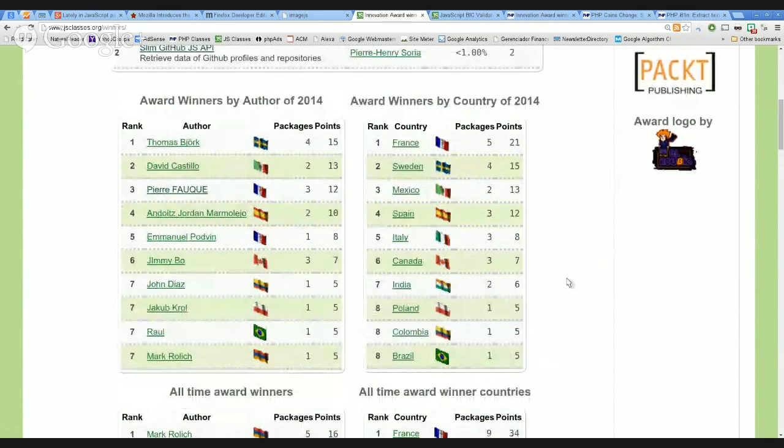Well, unfortunately, this month we have had fewer nominees, so there are not so many people sending packages to participate in the award. Previously, I mentioned that the JS classes site had a boost in the traffic from Google because there was some recovery from some Google algorithms. But then it dropped again for some reason that I'm not sure about. But what happens is that